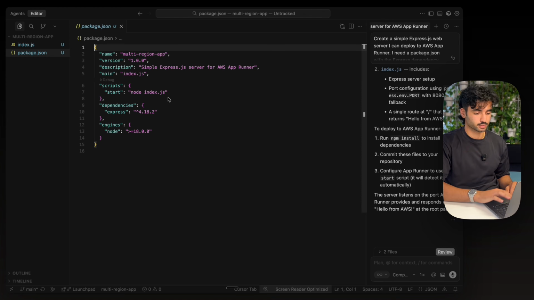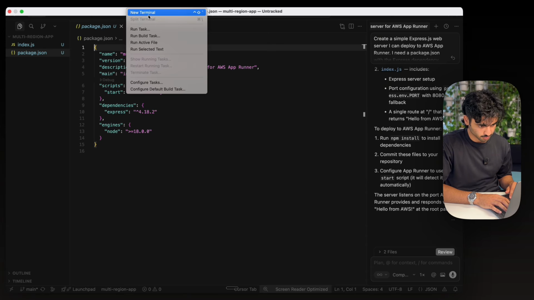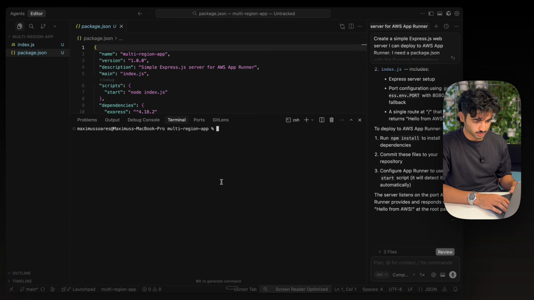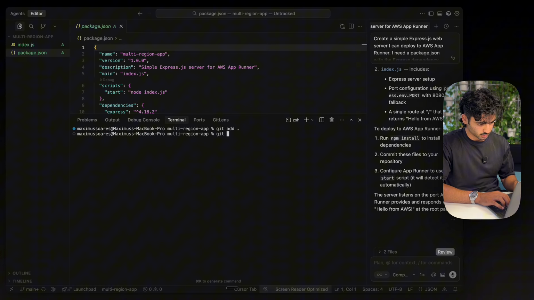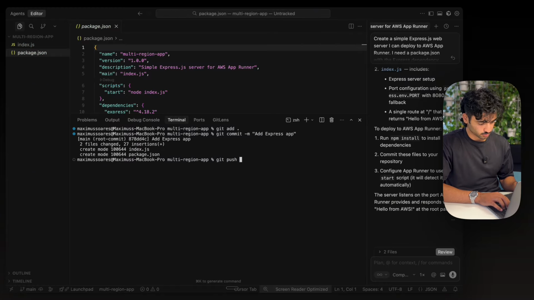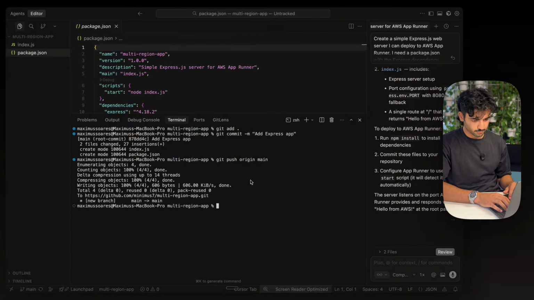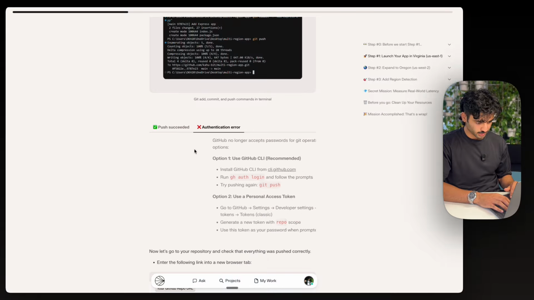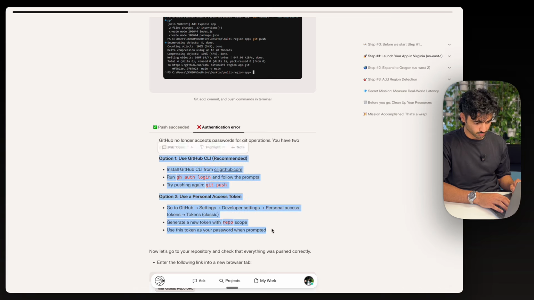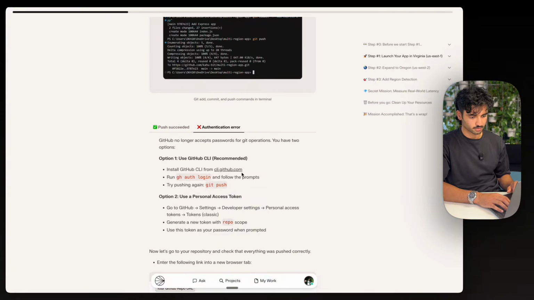We're now going to push this code to GitHub, so we need to open up a terminal just here. You can either press Command J or Control J, and of course we need to git add ., git commit -m. We're going to say "add express app", and then we want to git push origin main. If this didn't work for you, you may have some auth issues here. I'd recommend just checking out the project guide, and you can run through a couple of these prompts right here to get back on track.